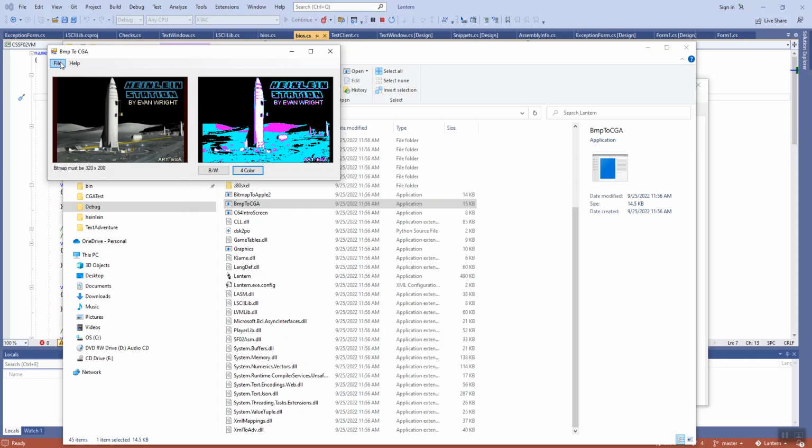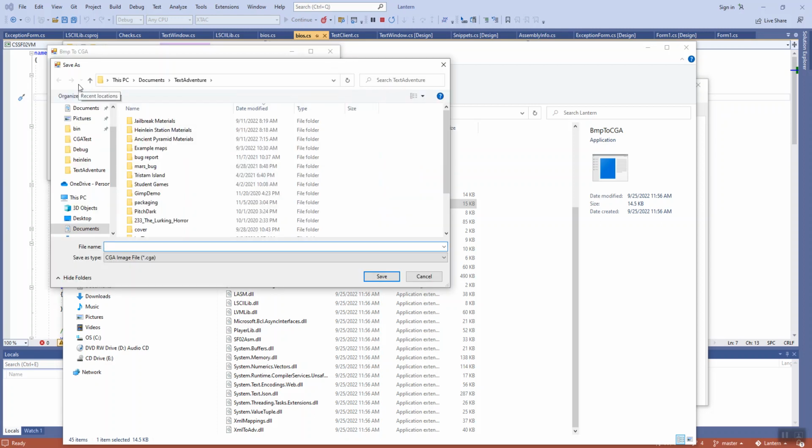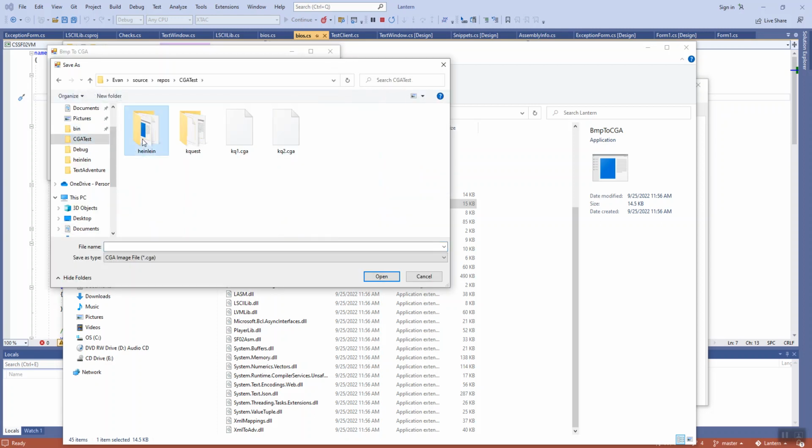All right. Now what I'm going to do is say save as, and this is going to save this title screen out as a .cga file. It's just a format I made up, because of the way the lines in the file are organized. That's how it is. So CGA mode graphics,